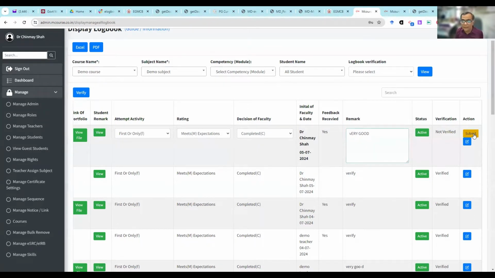Now for the teacher, most of the time the question is that one teacher may have 5 students. Now 5 students have done multiple activities throughout the month. During the whole month, one teacher will get 100 to 200 entries. Now, if every time I have to select this, then the teacher will go mad. How many times will I do this? So what option is available here? That on this side,